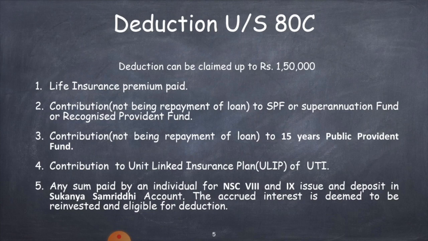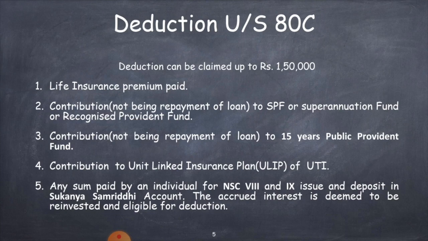If any policy is taken before 1st April 2012, 20% of the policy amount can be claimed as premium. But if the policy is taken after 1st April 2013, only 10% can be claimed, and here a person with disability can claim 15% of the policy amount. So, this is the first payment an assessee can claim under deduction under section 80C.